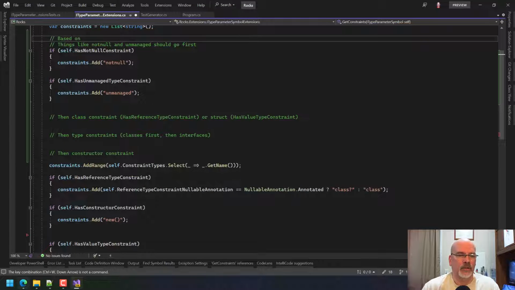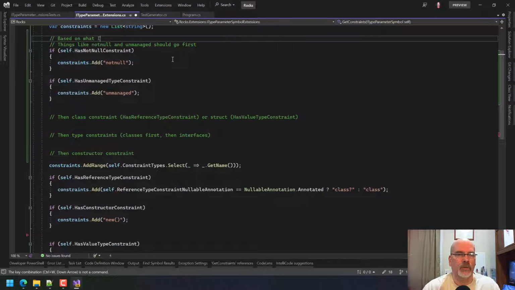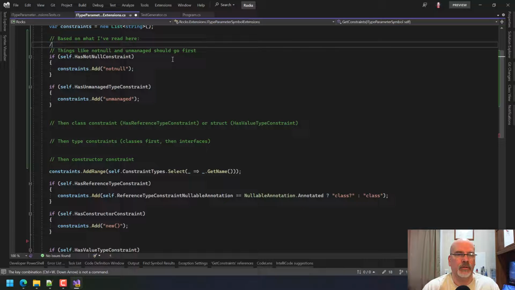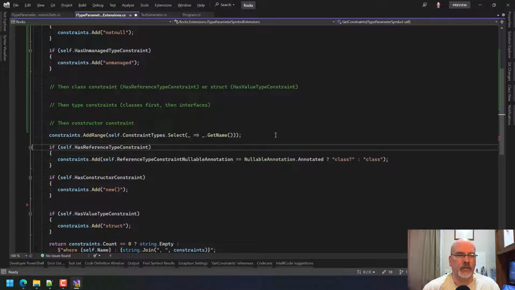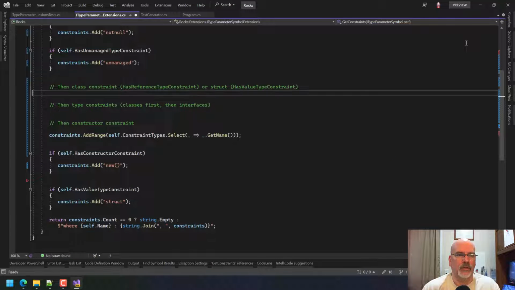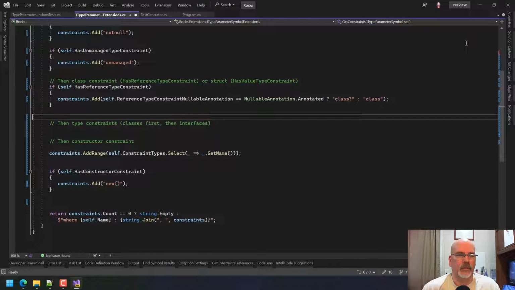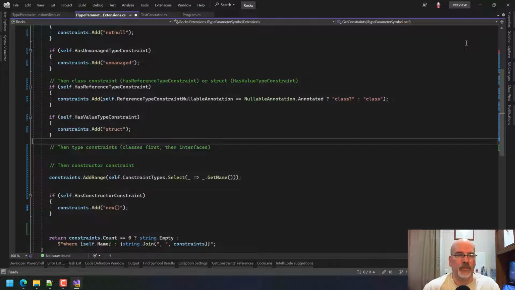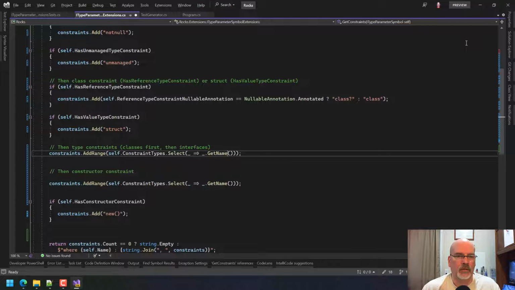Based on what I've read here, I'm going to put these in right away. Okay, so we do that, then class constraint, or struct as value type constraint. And it would be one or the other, but then type constraint. We're going to do constraint types where